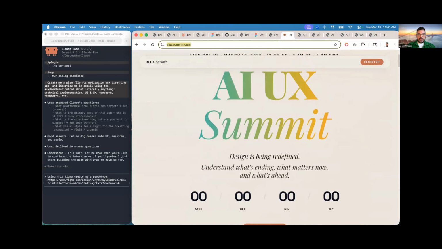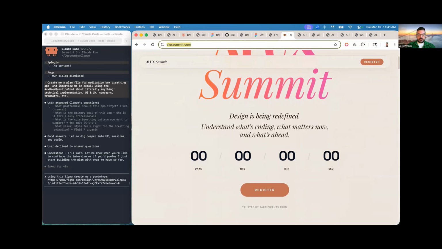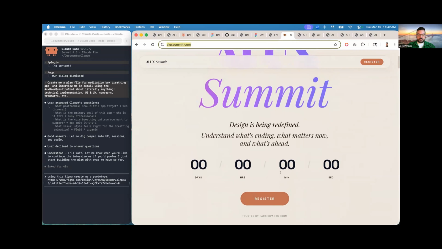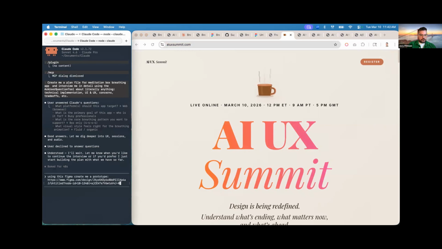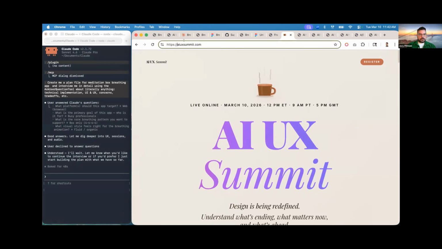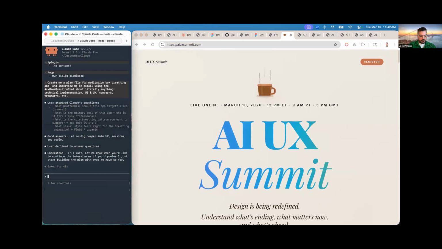But say I wanted to optimize this landing page, to optimize the registration button to get as many clicks as I can, and drive up the registration signups. I can also experiment rapidly and create multiple different landing pages, different copy styles, different visual styles within Claude Code. So I can also pull in URLs, such as this one, where I can type in an example prompt, like copy and paste this URL using this